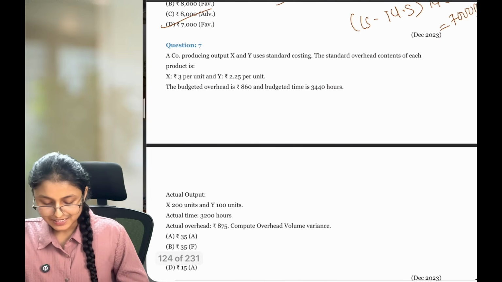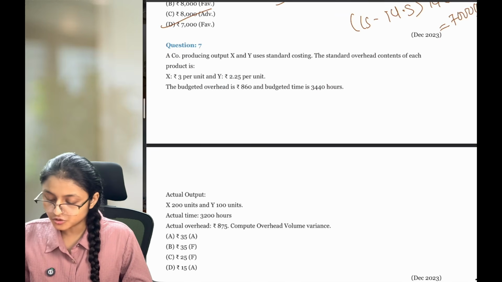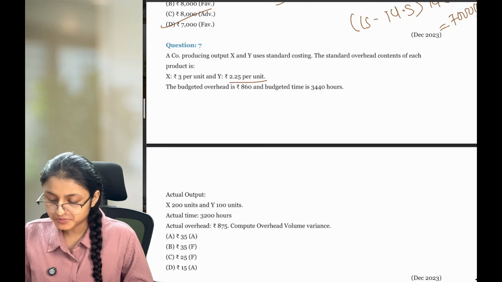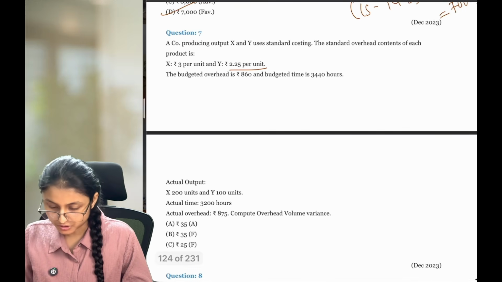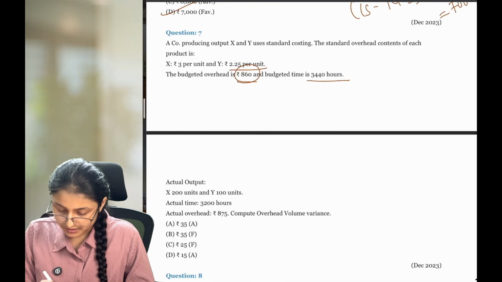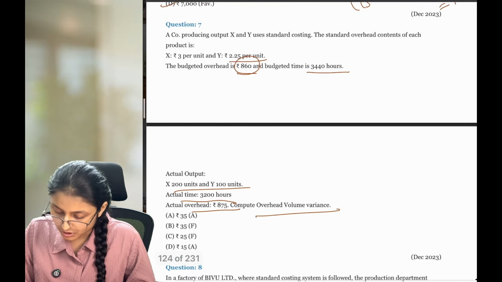Okay? Next, a company producing output X and Y using standard costing, the standard overhead contents of each product is 3 per unit and 2.25 per unit is the standard overhead cost on a per unit basis. Budgeted overhead cost is given to you, budgeted time is there, then actual output is there, actual time is there, actual overhead is there. You need to calculate volume variance. How to calculate volume variance? We can use actual